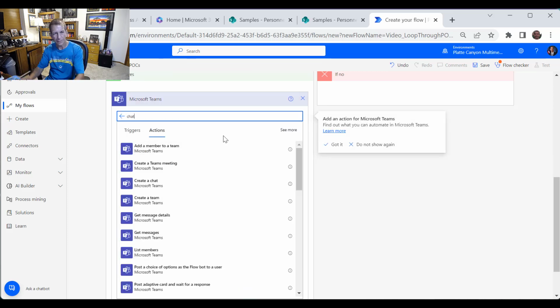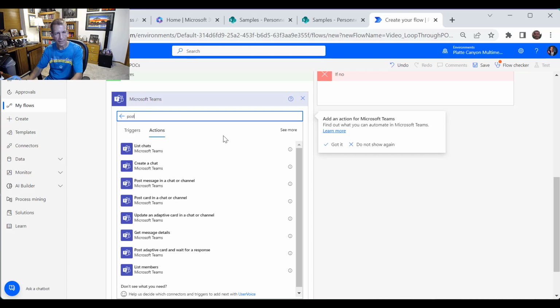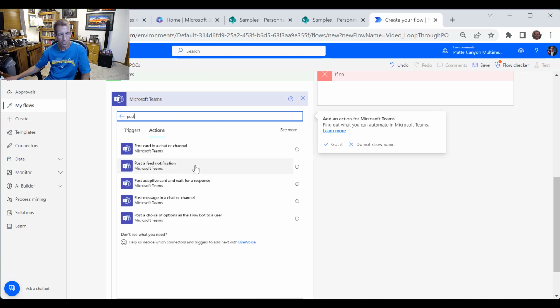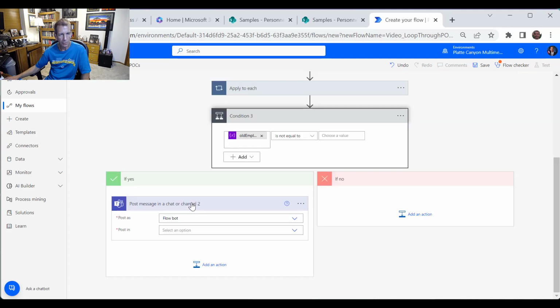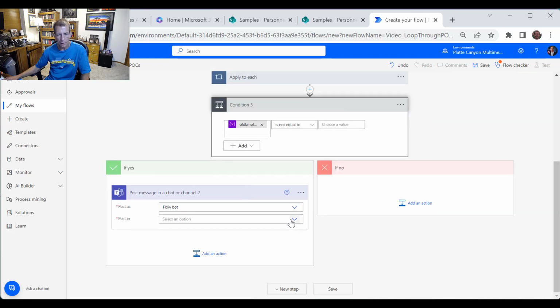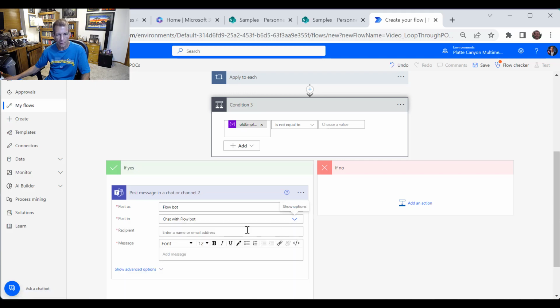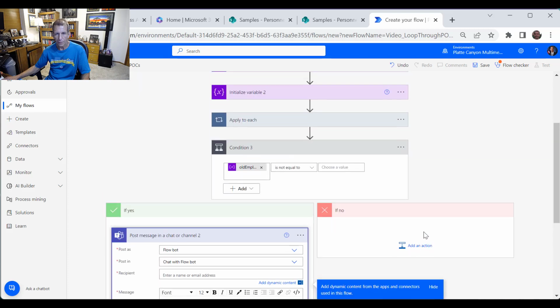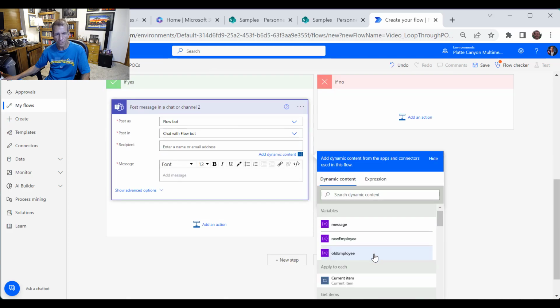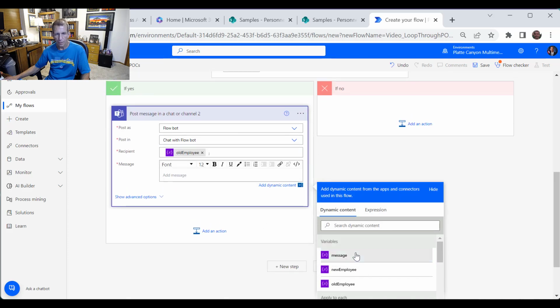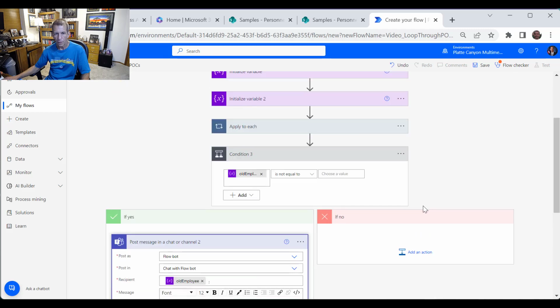There's not a good way still to copy these. I know you can copy in the personal clipboard, but I don't find that works very reliably myself. So I'll just set it up again. That's one reason we did the variable. So we'll do the chat with the Flowbot. Recipient, I think I used old employee. They should be the same. We'll grab message here, and we gotta